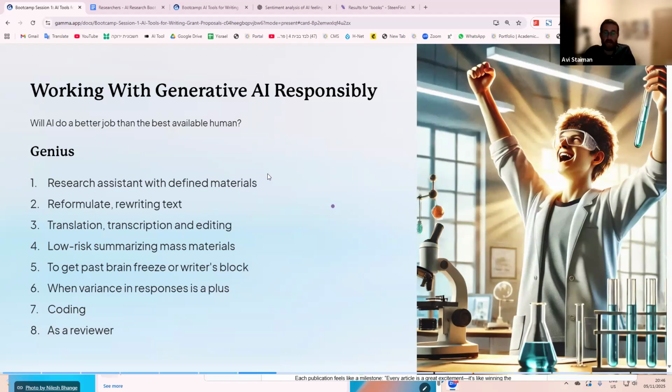And finally, as a reviewer. One of my favorite things to do is ask it to be a peer reviewer. If you want it to be nice, you can ask it to be a nice reviewer too. But I find that it can actually pick up sometimes on some things. Not necessarily that it knows all the literature and will be able to say, well, actually, this contradicts a paper that was written 5 years ago in, I don't know, somewhere else in the world. It won't be able to do that. So don't have unrealistic expectations, but it can definitely give us suggestions.